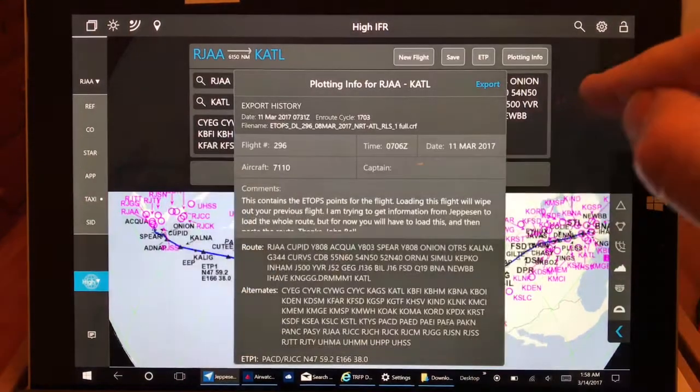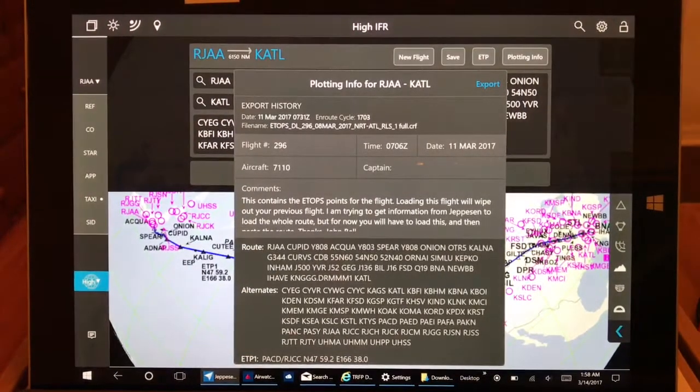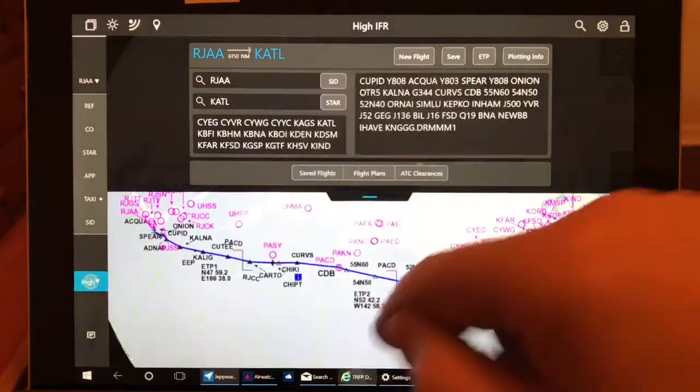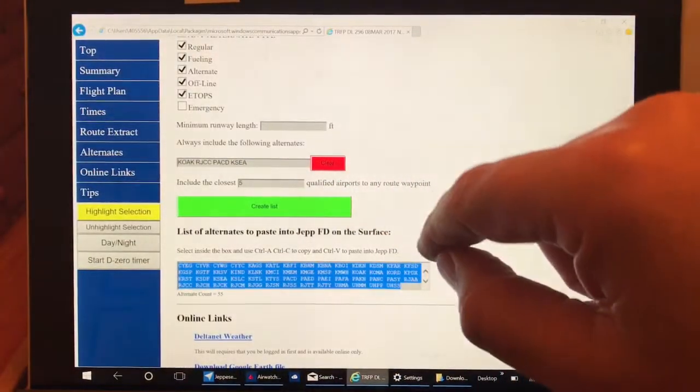So this is all an XML file. You can open up such a file in Notepad and see how it's generated, how it's structured. But the route and the alternates piece has data that is not in the flight plan. However, currently,